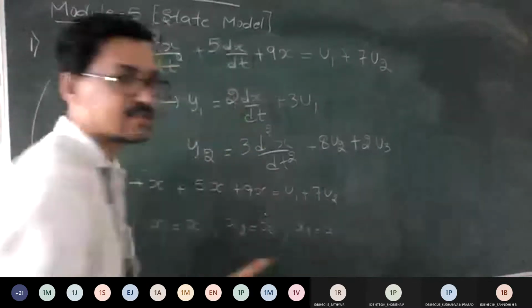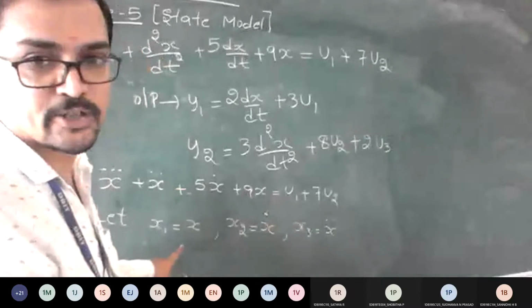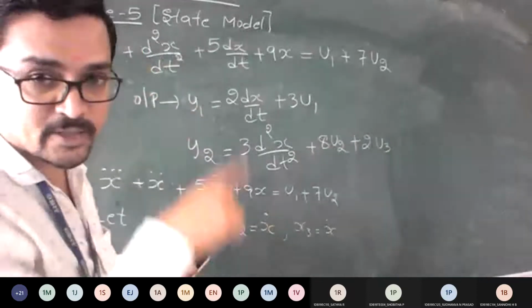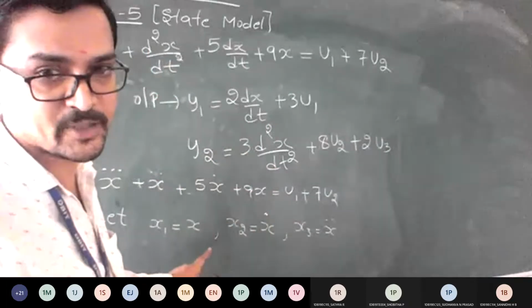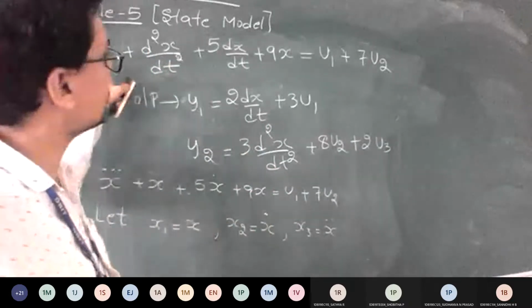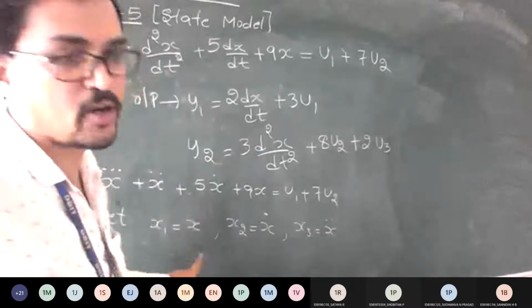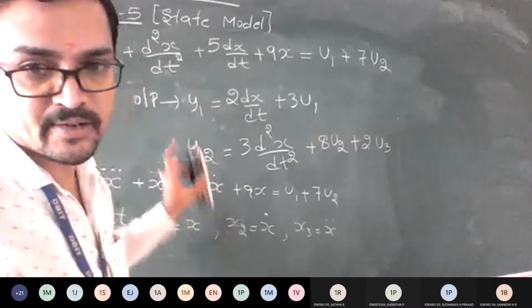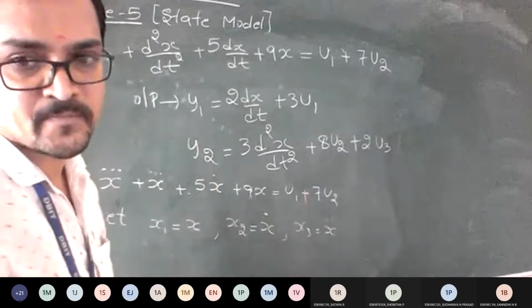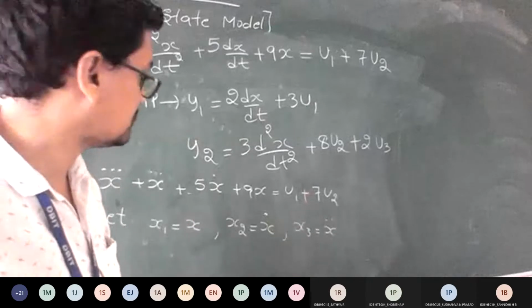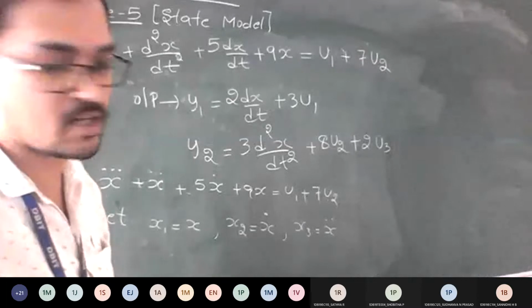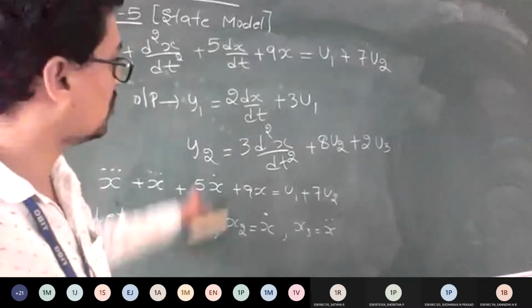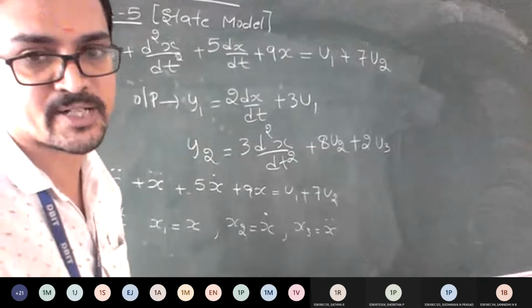See, in the first problem you went with y1 is equal to x because the question was like that. In the second question it was c1, c2, c3, so we took y1, y2, y3. Now this question is having x form, so you should go according to that. That's why I told you to read the question and analyze properly. Is that clear to everyone? I hope you can solve this from now onwards. It's the same procedure. Only this small change you should understand. That's all. Solve it.